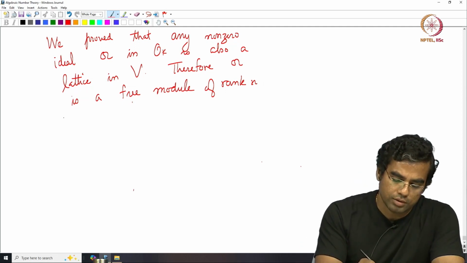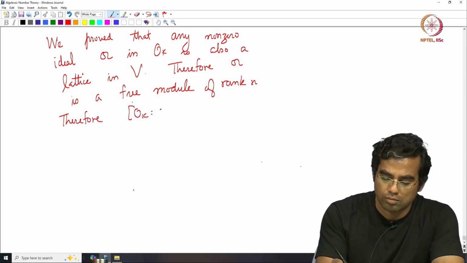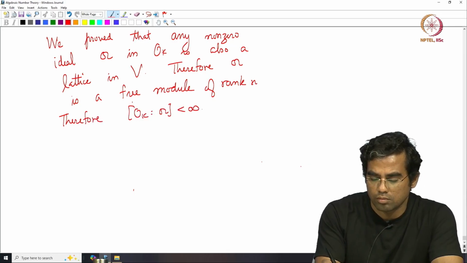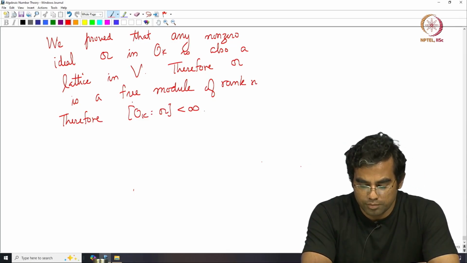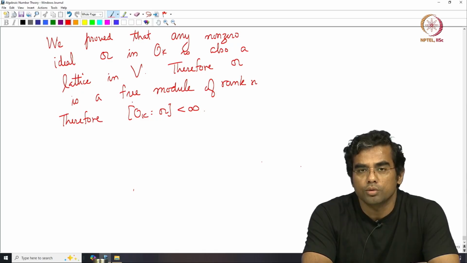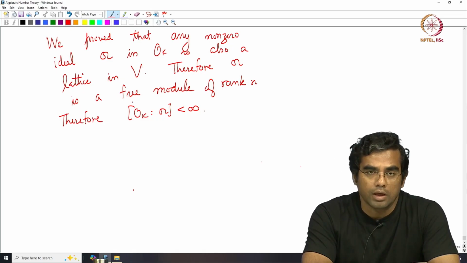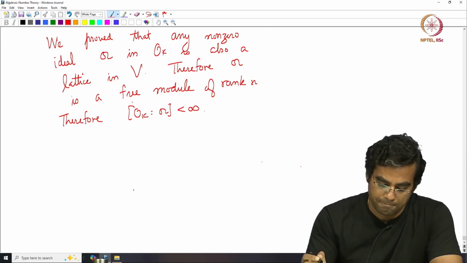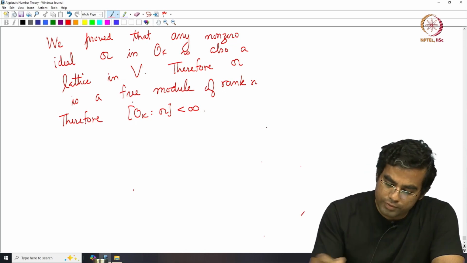So that is all there is to it, because A is an OK module, it also gives you a lattice inside V. So that proves the lemma,